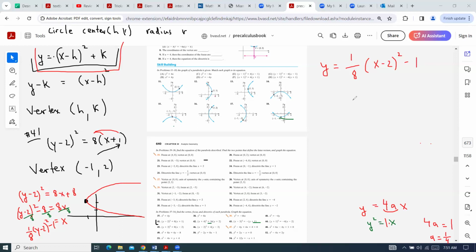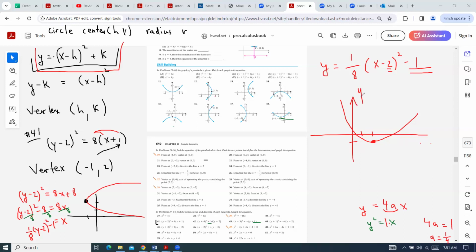Then right away we could say, okay, the vertex here has coordinate -1 for y and +2 for x, so it'll be 2 and -1. And this parabola is pretty wide because it's 1/8 that is multiplied by it, so it opens